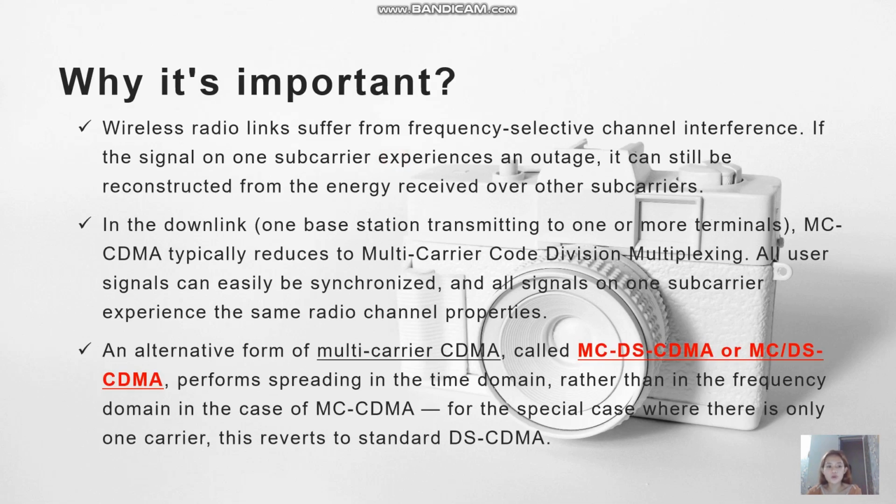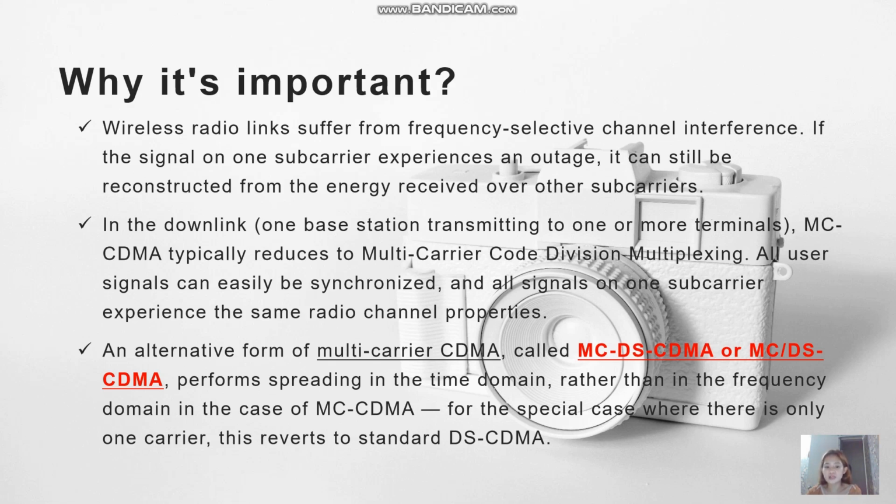And why is it important? Wireless radio links suffer from frequency selective channel interference. If the signal on one subcarrier experiences an outage, it can still be reconstructed from the energy received over the other subcarriers. Also, in the downlink, one base station transmitting to one or more terminals, MC-CDMA typically reduces to multi-carrier code division multiplexing,